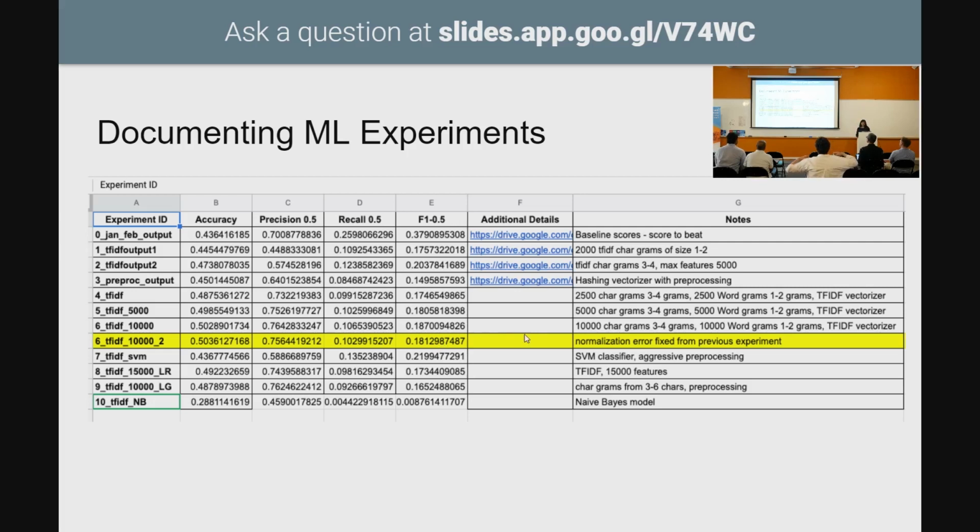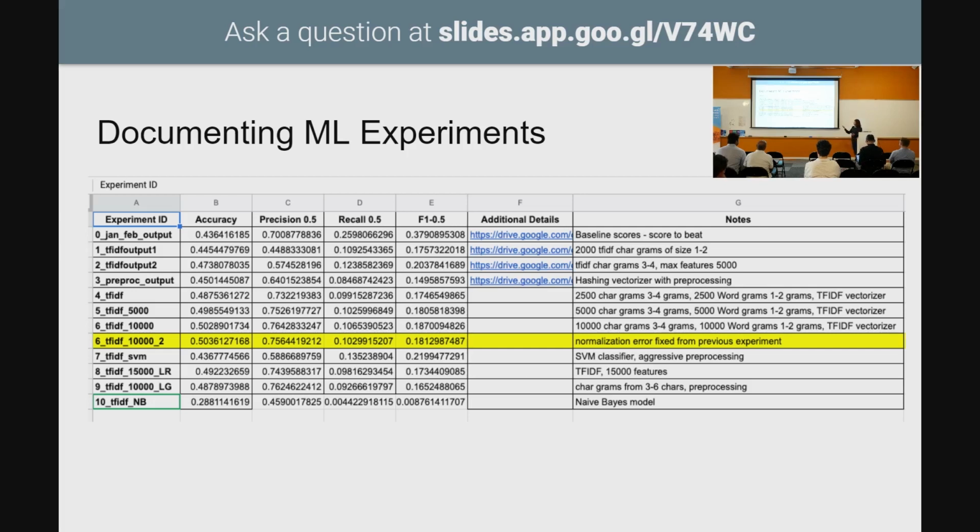And down here, the highlighted thing is actually a bug fix. I found a normalization error, which means normalization is things like stemming, things like converting case-sensitive data into lowercase. The first letter of a sentence is often capital, and we don't want to treat that as a separate type of word, so we lowercase everything.